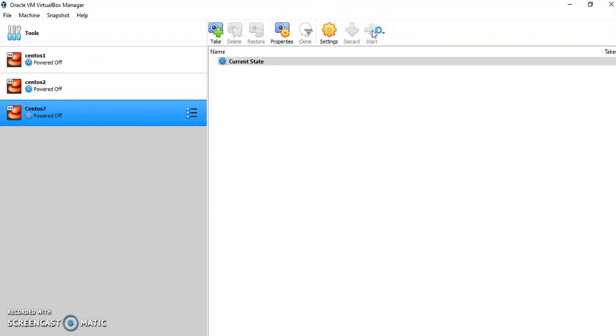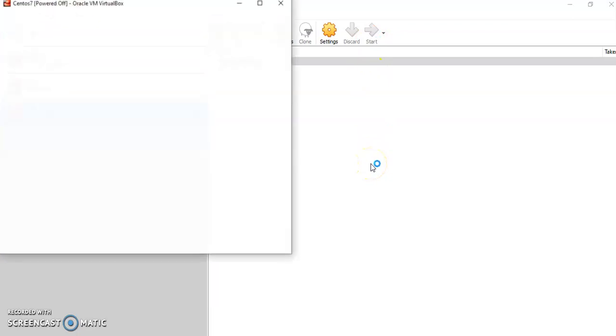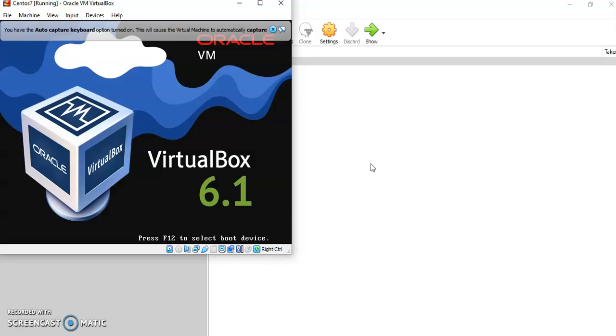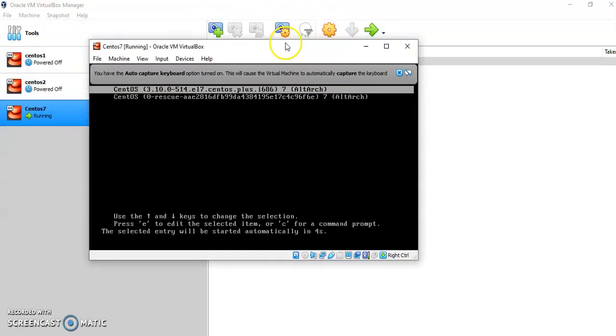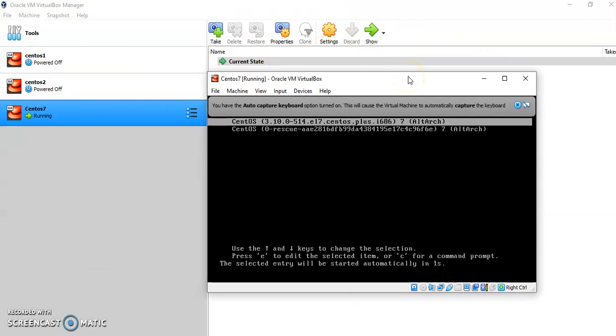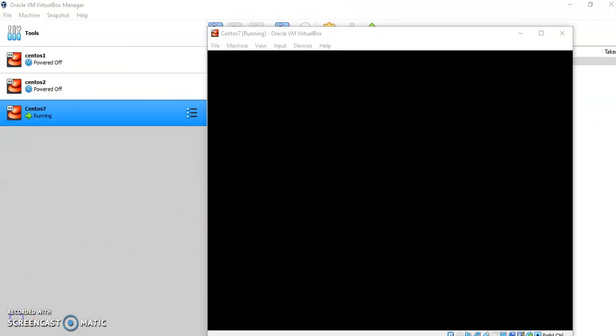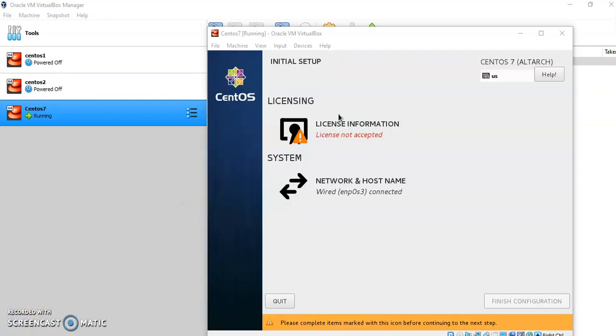So now it will start from scratch, and still we have to provide one more setting, that is the license agreement. So now it will start the booting, and once it boots completely, you have to provide the other options as well. It takes a little bit of time to boot, and once it boots, it will ask you for further details about the installation. So here you can see that it is asking us for the license information.